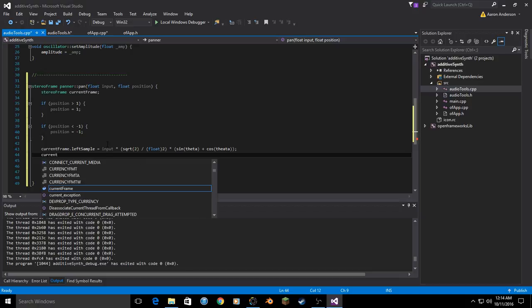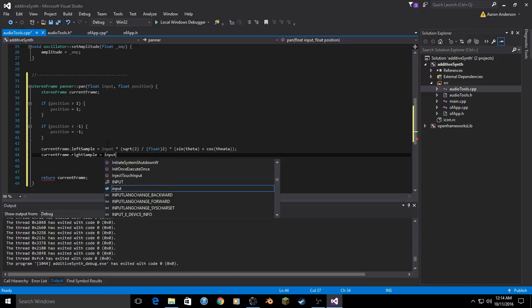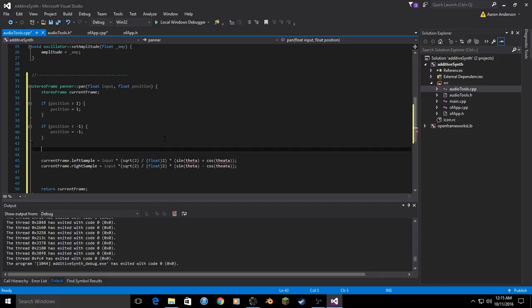Current frame dot right sample equals input, same thing, and matter of fact, nearly the same thing, I should say. The only difference is a minus sign. Okay, so as we did before, we'll have to take our values for position and translate them to negative 45 degrees to 45 degrees. So position, let's go ahead and make theta